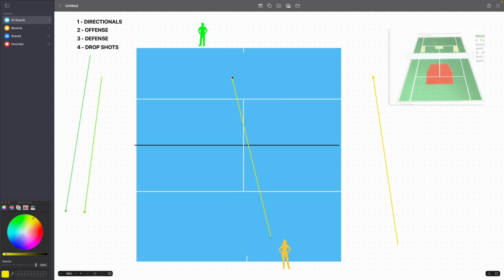Player 1 plays, serve goes in, ball goes cross court. Okay, ball goes cross court from the yellow there. Player green is going to play back cross court. And this is how it's going to go. They're not going to change from cross court until the ball